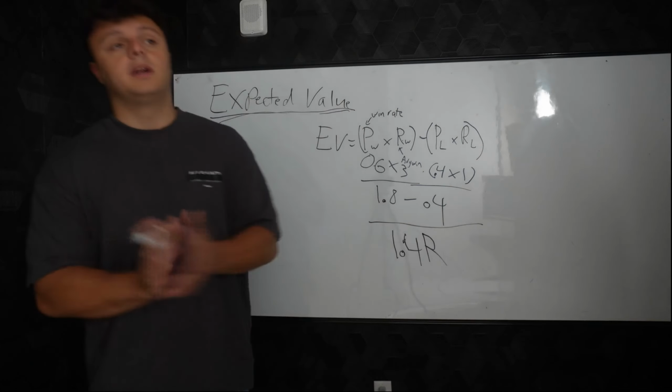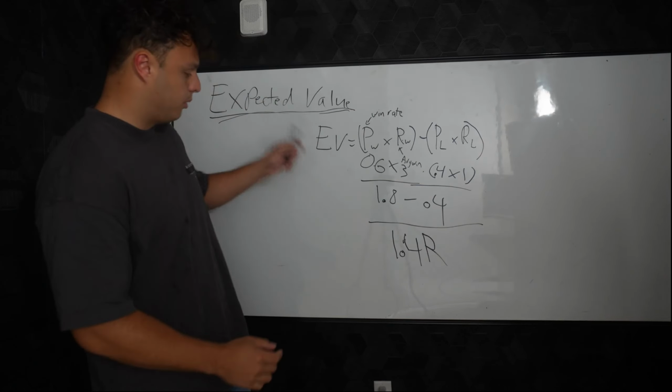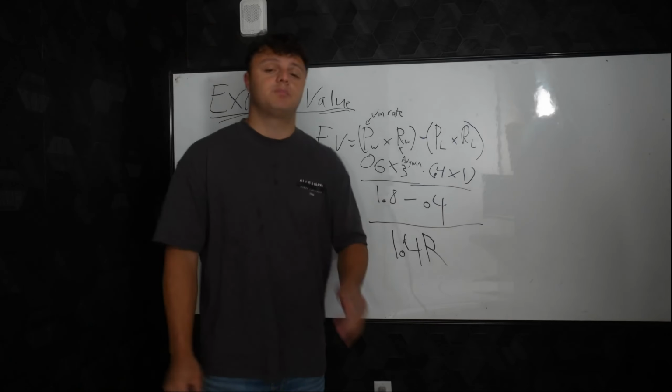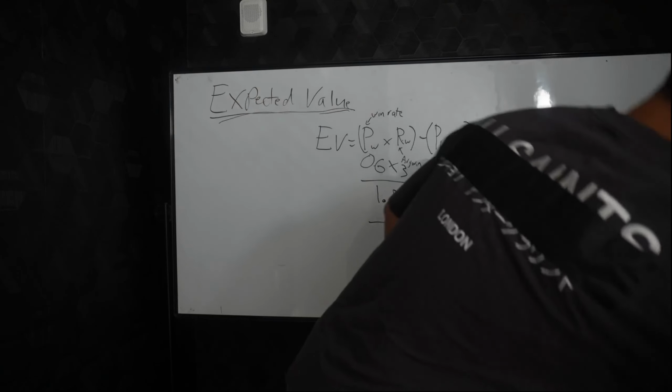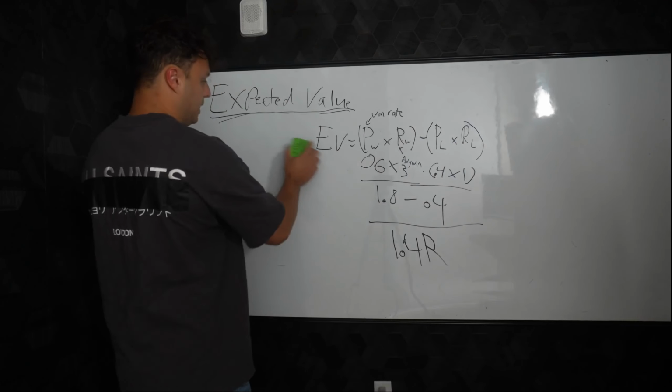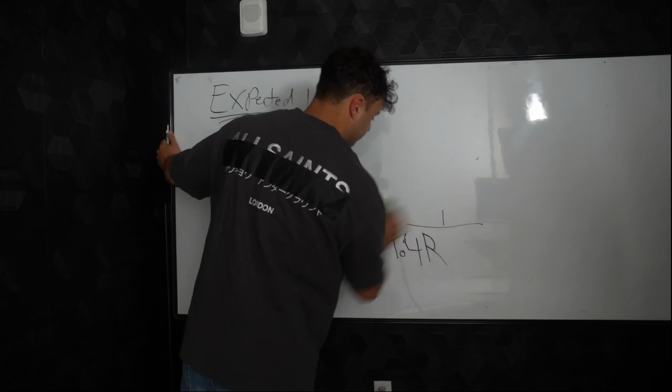per trade. What does this mean? It means that over a sample of trades, I'm going to be making around 1.4R per trade, which is pretty good, right? If your expected value is positive, that means that you are a profitable trader. Now, how do you use this? Take a screenshot, take notes, whatever you need to do.